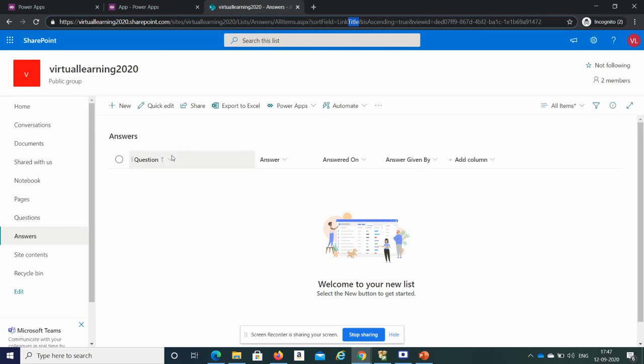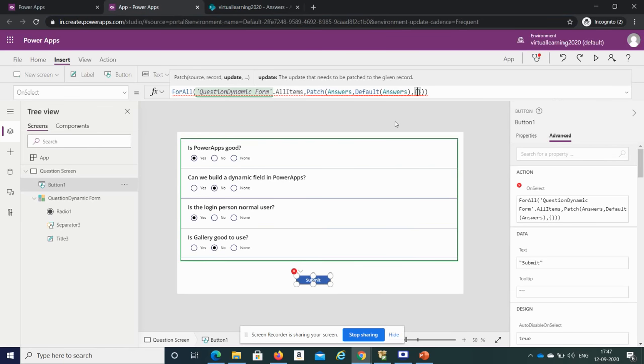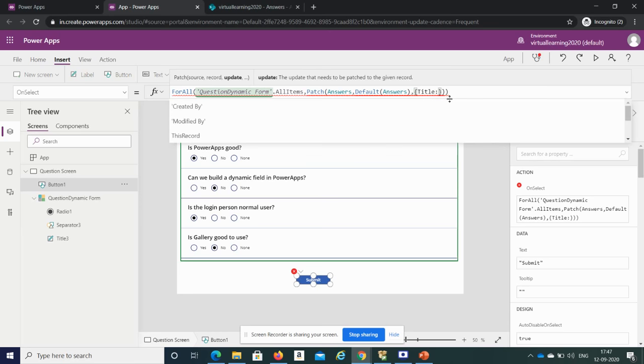So the title is the internal name of this, and the answer's internal name is answer only. If you click on anything, you will get the internal name here. It is answer. In this one we got link title, which is basically nothing but title only. So here we will give title. In this column we are going to save the question. This is the column name of the destination where we are going to save the data.